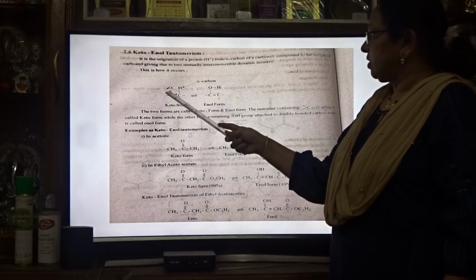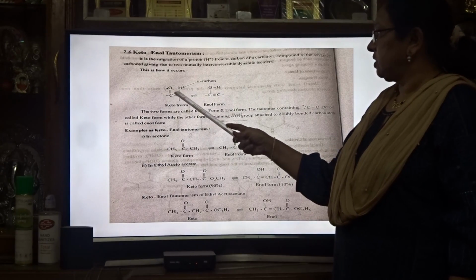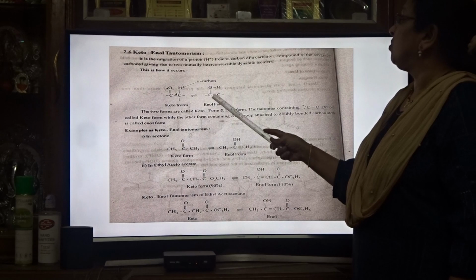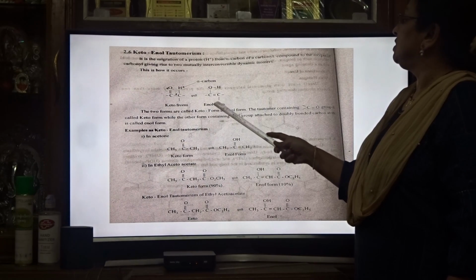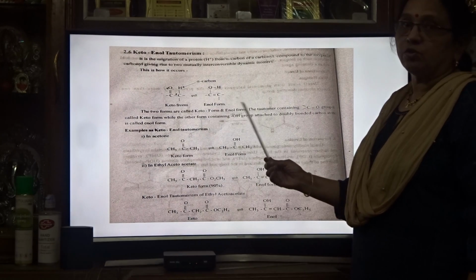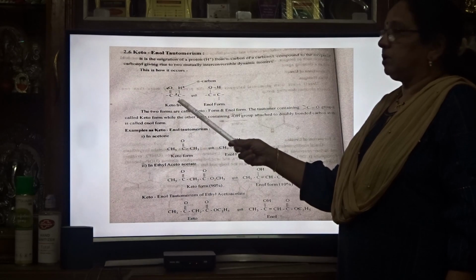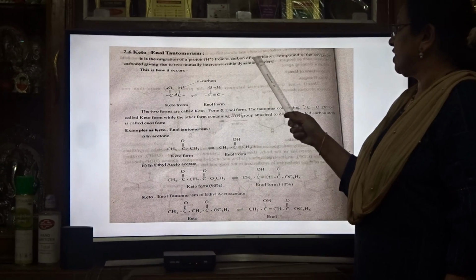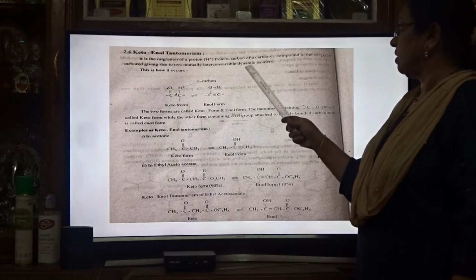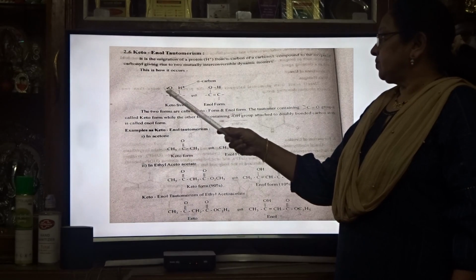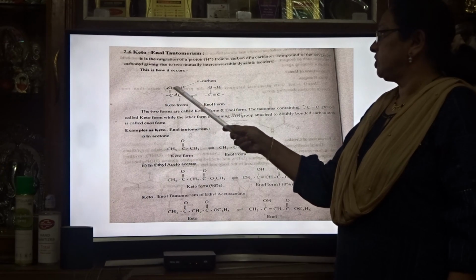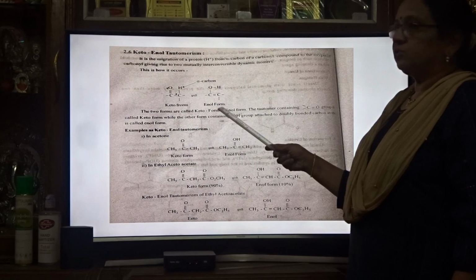When the bond is shifted onto oxygen and the other bond shifts to form a double bond, it will form O-H, C single bond C, C double bond C. So this is the keto form, and this one, where an OH group is there, is known as the enol form. These both are interconvertible. The H is migrated to O and so an OH bond is formed. This is known as the keto form and this is known as the enol form.